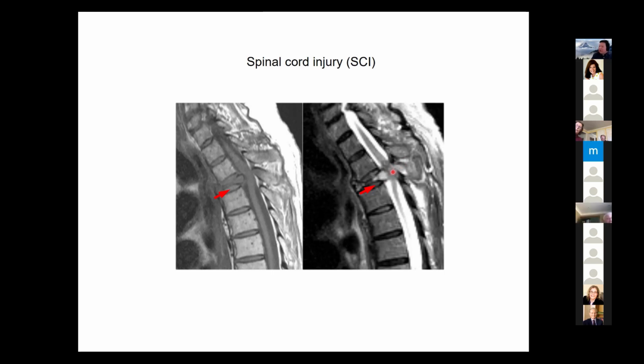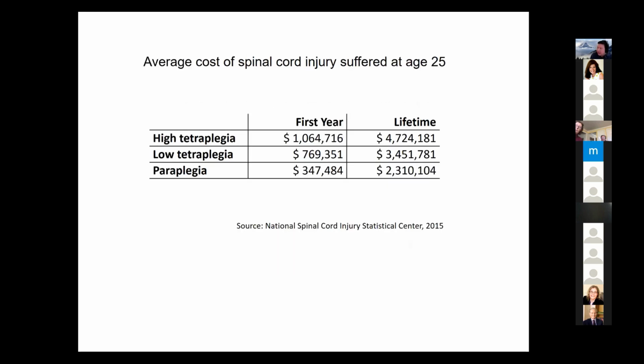This will disrupt the long axons that connect the brain and the periphery and leave the patient unable to feel sensations such as heat or pain and unable to move, affecting a great part of the body below the lesion site. The major causes of spinal cord injury are traffic accidents, falls, and gunshot wounds. And apart from ruining patient quality of life, spinal cord injuries also impose extraordinary financial burdens on patients and their